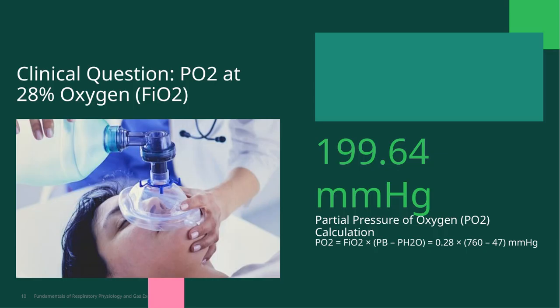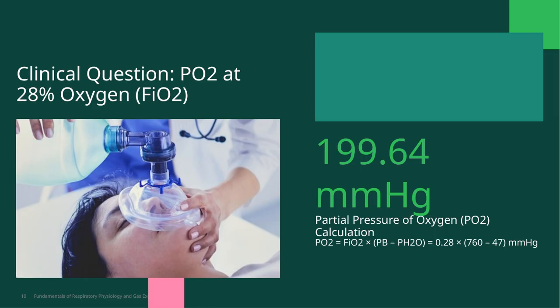Now, let's look at how we calculate the partial pressure of oxygen, or PO2, in the lungs. The formula we use is PO2 equals FiO2 times the difference between atmospheric pressure, which is Pb, and water vapor pressure, PH2O in this case. FiO2 is 0.28, representing 28% oxygen. The atmospheric pressure at sea level is typically 760 mmHg, and the water vapor pressure in the lungs is about 47 mmHg. So, when we multiply 0.28 by the difference of 760 minus 47, which is 713 mmHg, we get approximately